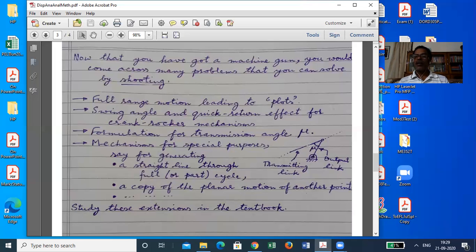Through this link, which is connecting it to the rest of the mechanism. Mostly this link would be transmitting a force along this direction, and out of that, the cos mu component along this link